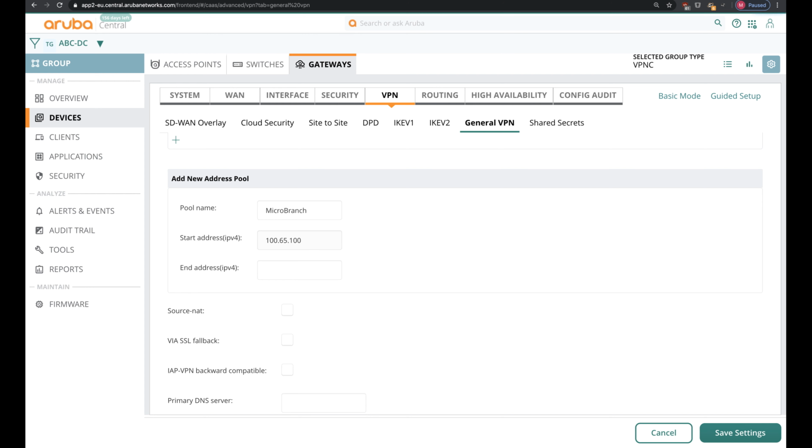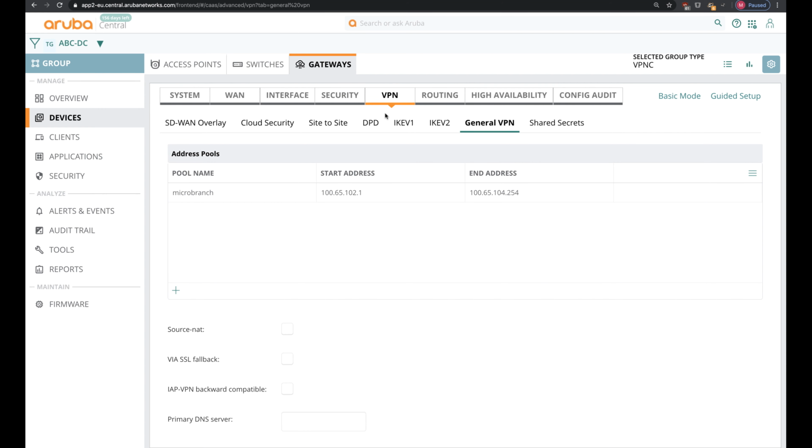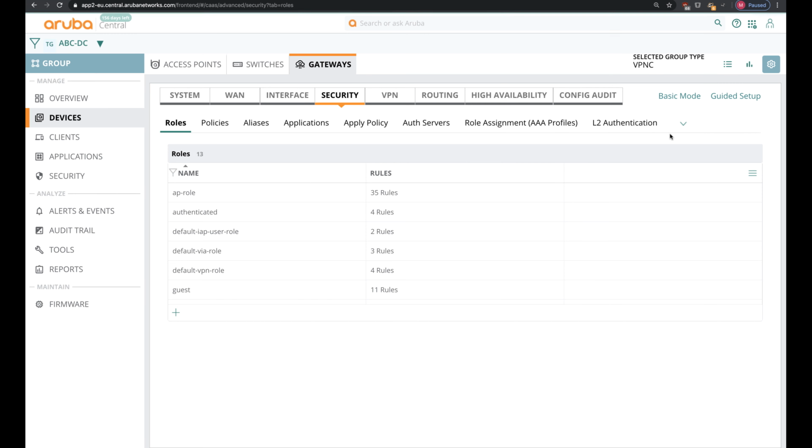And 100 is used for our branch gateways, 101 for our data center, and I'll use 102.1 to 104.254 to make sure that we have enough IP addresses accommodated for our branches or micro branches, and then save settings. The next thing to do here is select security to authorize or make sure that Aruba Central authorizes the